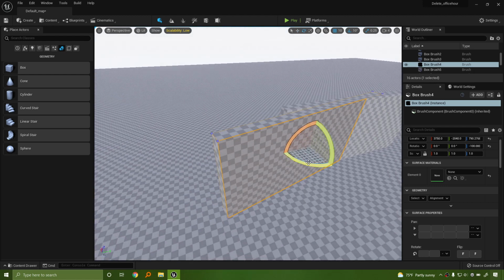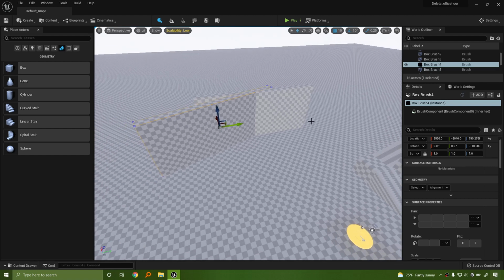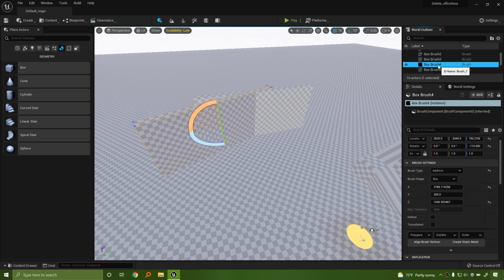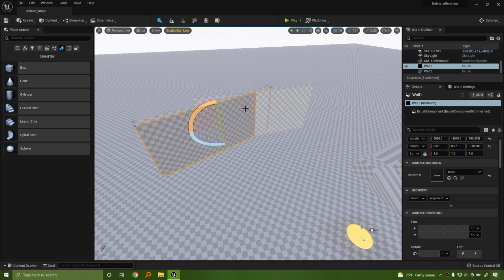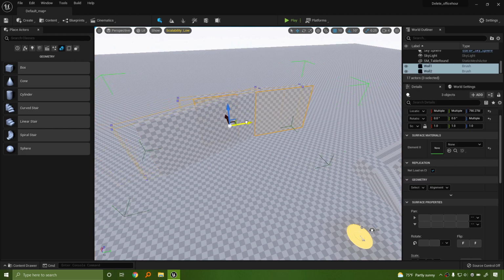Let's add another 10 degrees to that to make the turn a little bit more aggressive. Yeah, that works. We'll move that that way. Cool. Now if we want to keep that wall together, we can select both of those brushes, and I'm going to rename them so that I can find them later. Pressing F2 will bring up the name change in the world outliner. Now I'm going to select wall 1 and wall 2 and hit Control G to group them. Now that they're grouped, they will move together.